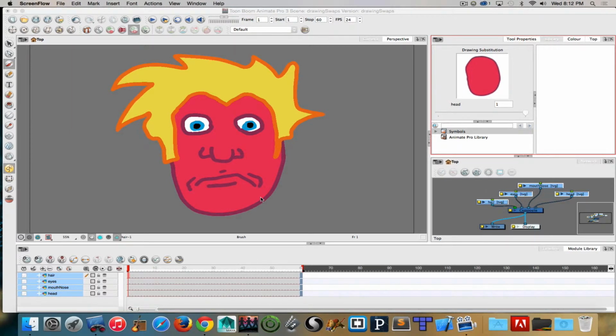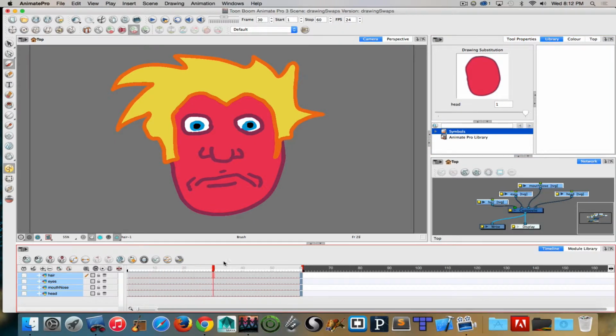One of the things that we like to do when we're animating is to swap out drawings. That allows us to add more variety or richness into the animation. So after my layers are set, right now we can see it's called drawing substitution, and that's what we use for lip syncing, but we can also use it to change different body parts, like making